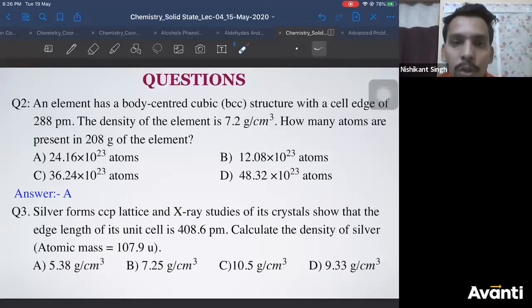All right. So yes, guys, start solving quickly. This is a direct formula based question, so no need to be worried. You can substitute the values directly and find the answer.